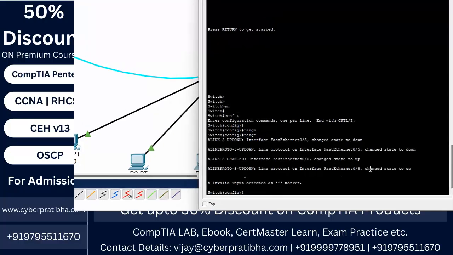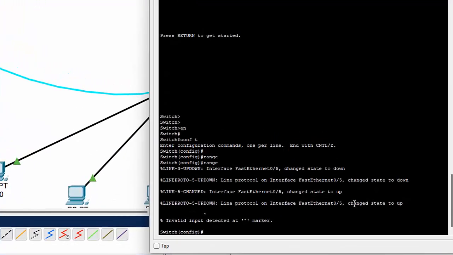The range should be in sequence, like 1 to 5, 5 to 10, or 1 to 10. Whatever the ports will be, the ports must be in a sequence like 0, 1 to 10, 10 to 15, 15 to 20. Are you getting my point? So the same thing you need to do on the other computer.